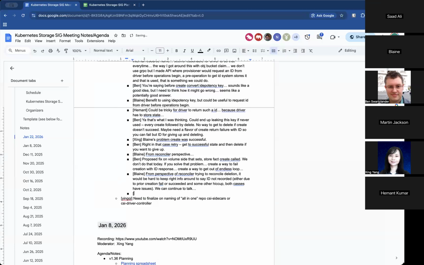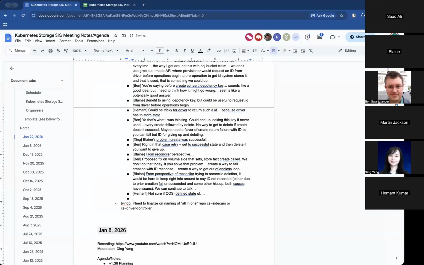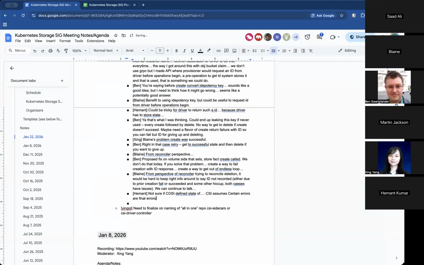I don't know if COSI has defined states like final errors or things like that. It would be good to have that defined. We didn't do a good job in CSI. We are now assuming certain errors to be final errors in the sidecars. We do have retriable versus non-retriable errors, so there is a subset of RPC returns where COSI will just stop retrying.